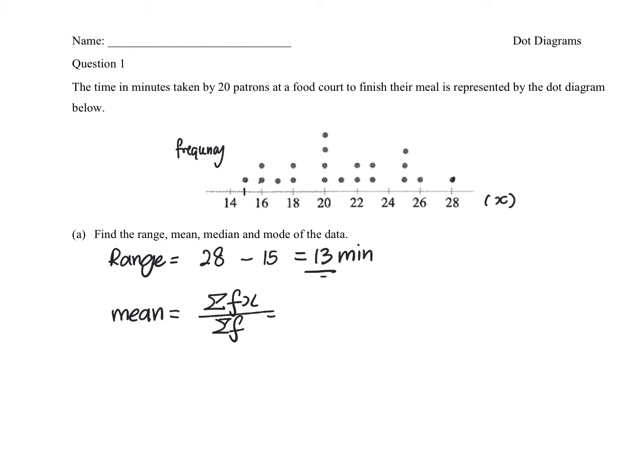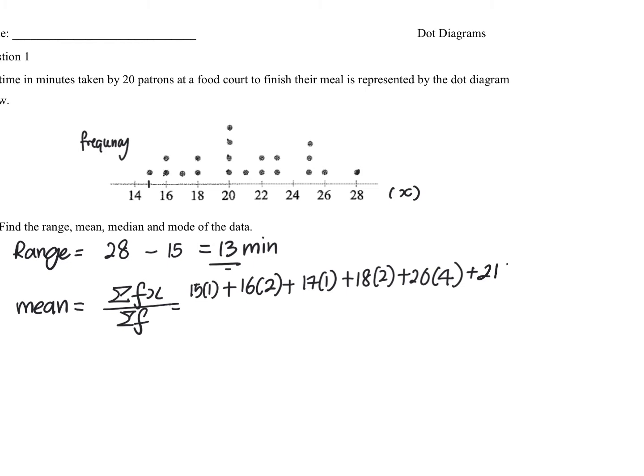You will get 15 times 1 plus 16 times 2, there are 2 dots over here, plus 17 times 1, plus 18 times 2, plus 20 times 4, 4 dots over here,